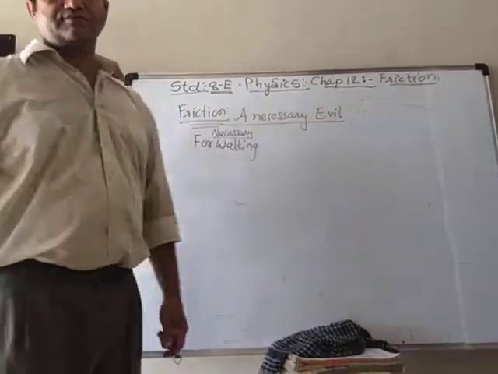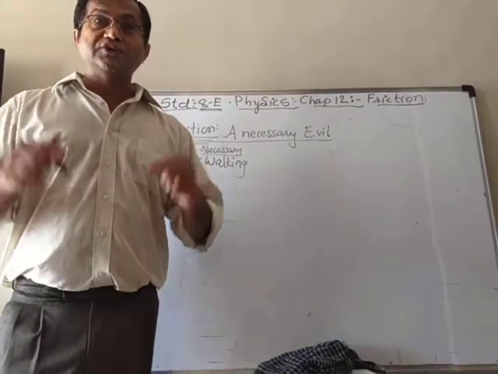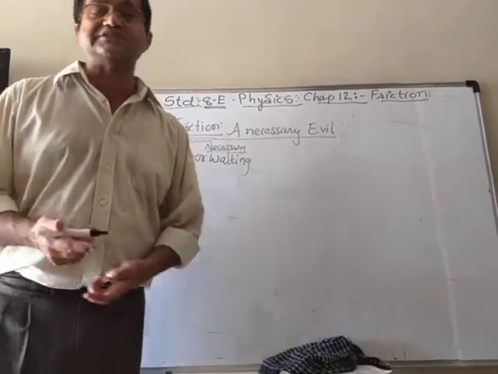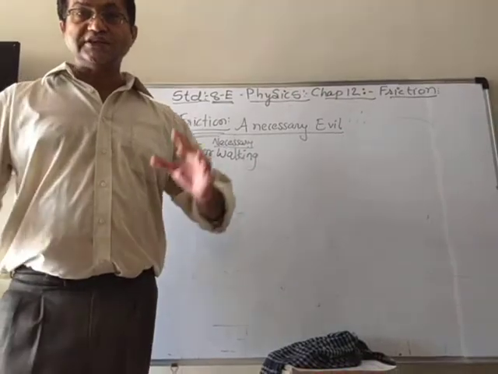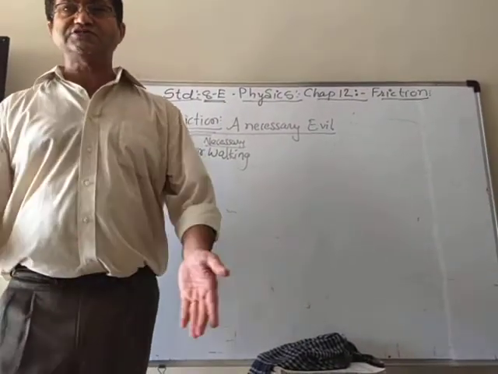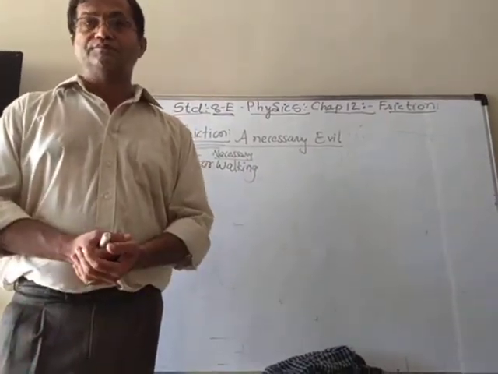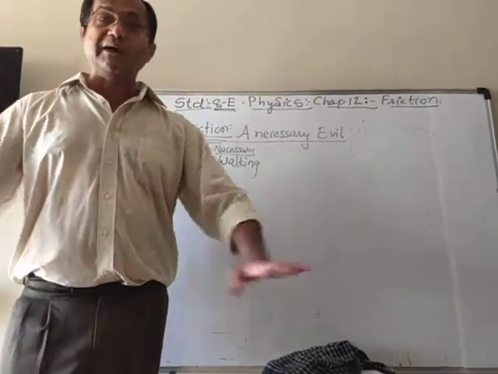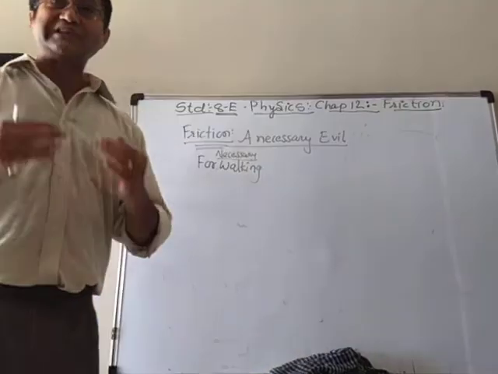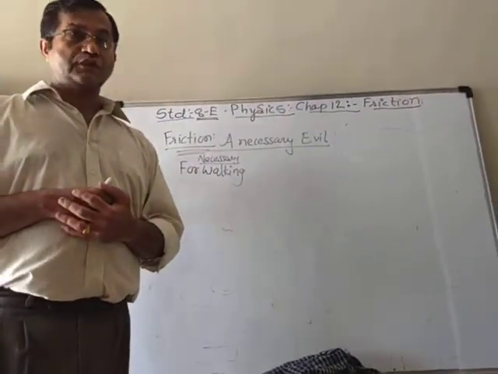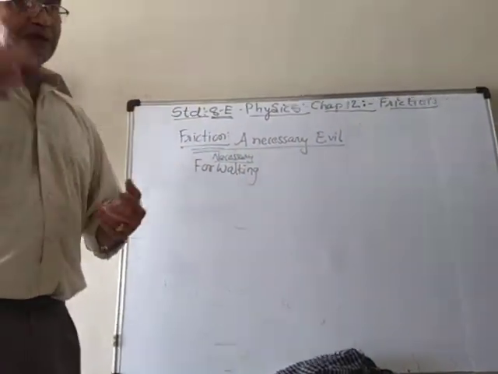We will make a list of activities in which friction is very necessary. First, for walking, there is friction between the surface, meaning the floor or the road or the tiles, whatever. When there is a marble floor, we have to be very careful, otherwise you can slip down because there is less friction. So for walking, friction is very necessary. Second thing,